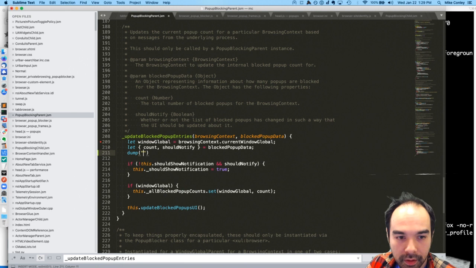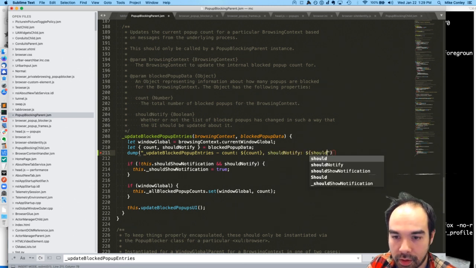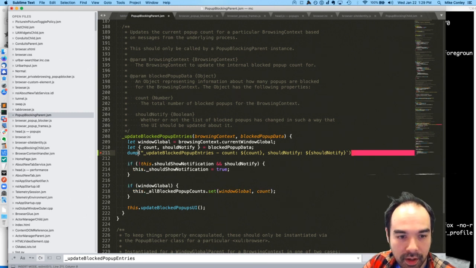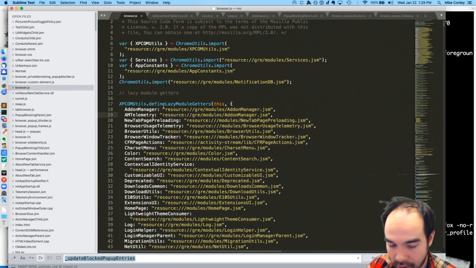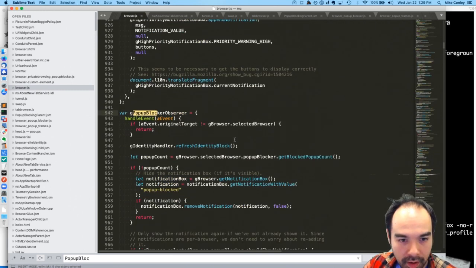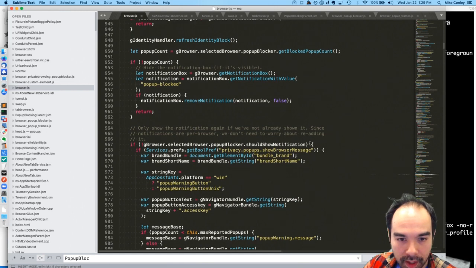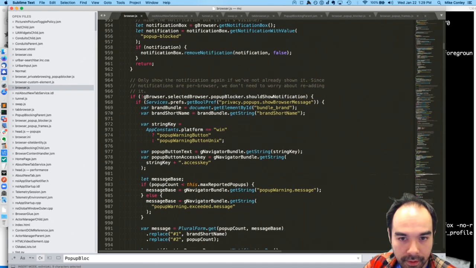log update blocked pop-up entries count, should notify, turn these into template string, and then I'm going to log the part inside of the UI code, DOM popup, pop-up block observer, should show notification, if